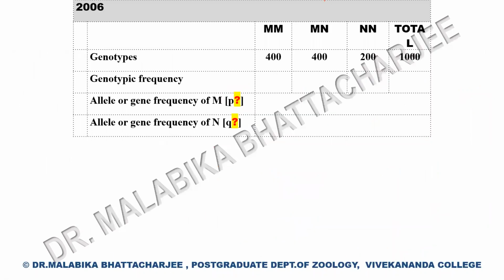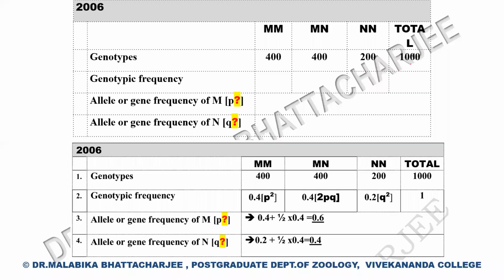So now let's do a very simple problem. I have brought up a very simple problem for you. I'm giving you some time and you calculate the genotypic frequencies first. And from your genotypic frequency calculation, you calculate the value of p and q. I've given you this problem to calculate and most of you have done it right. When you do your problem, do it in an organized table. It looks neat and organized. All of you have done it correctly.